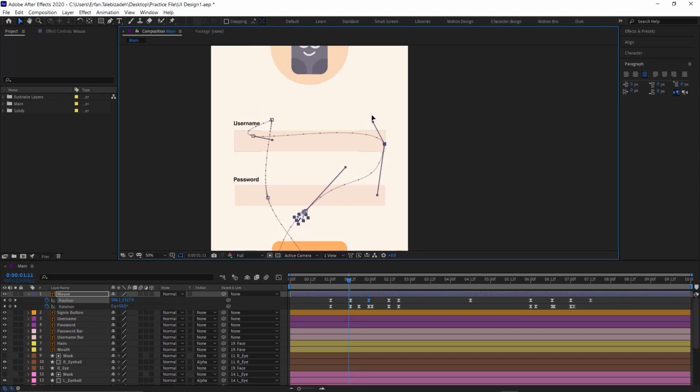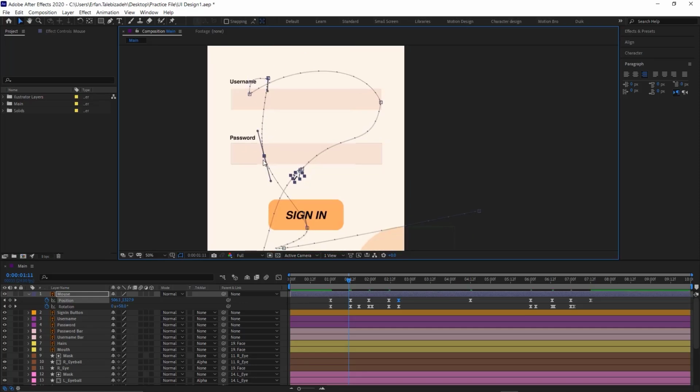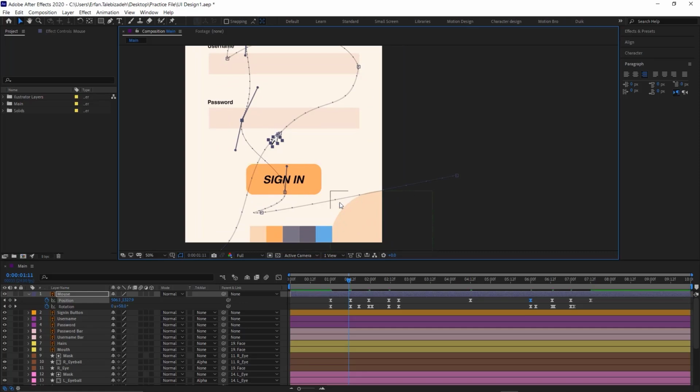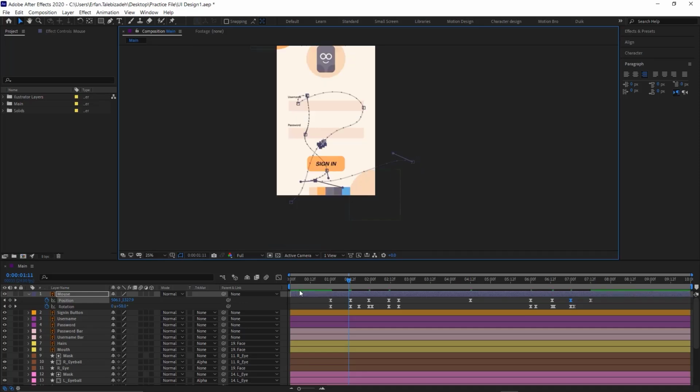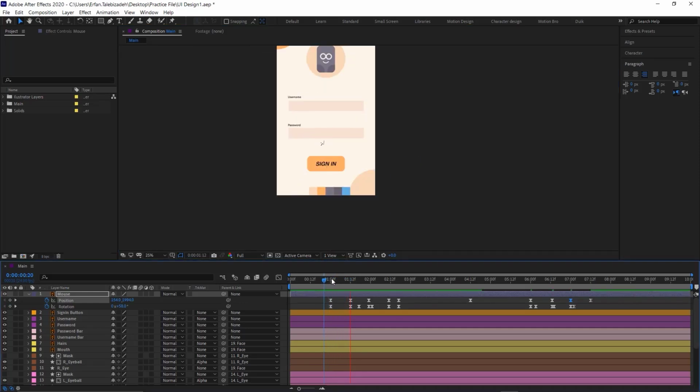And with these 2 I'm going to pull the handles up. And now let's watch. Okay, as you see, the movement is much better and realistic,